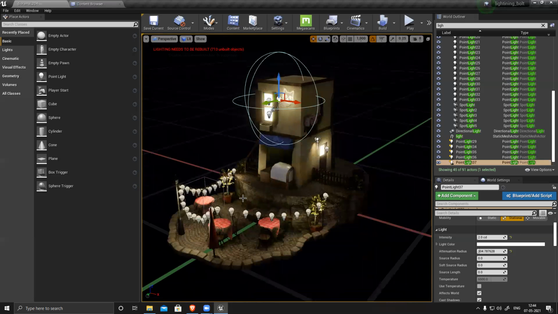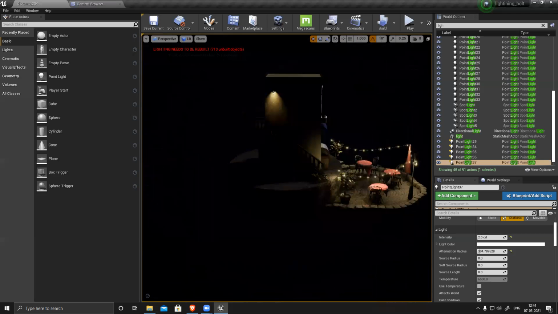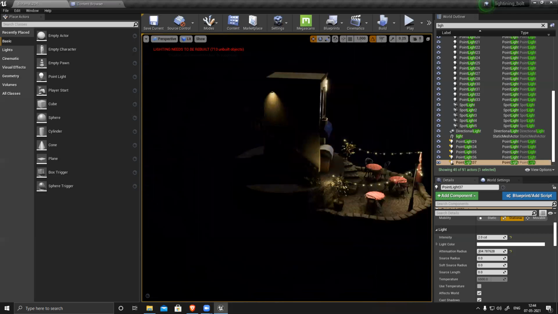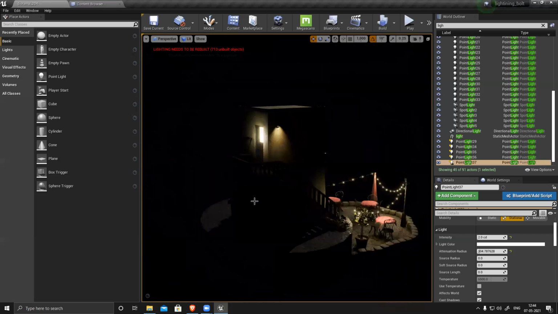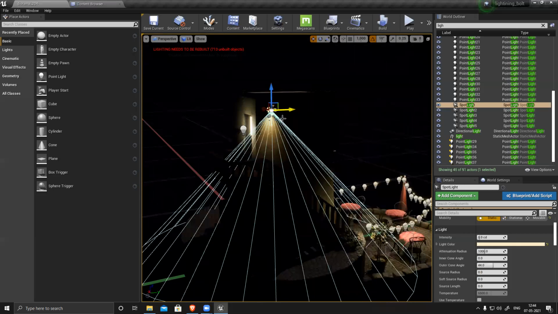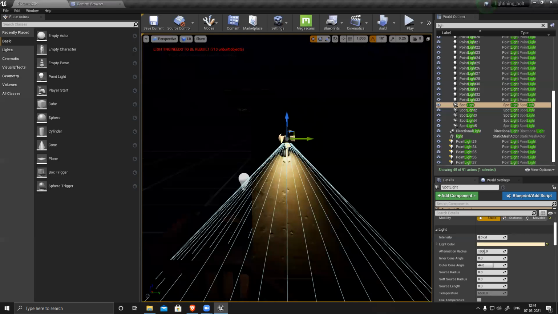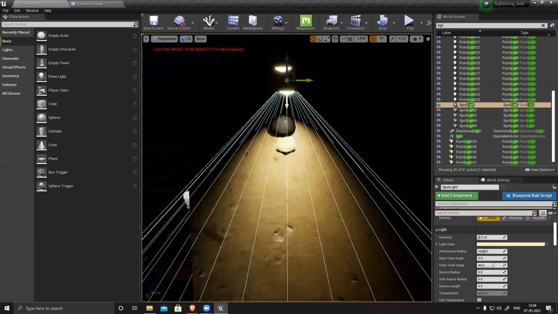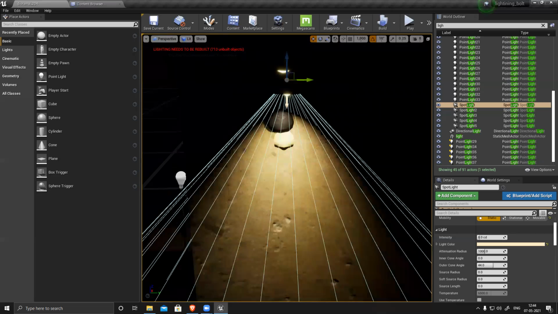Press G. Now you can see most of the light and everything is visible. Press G again. I can see this light. It's not perfect. It's kind of aligned with this.